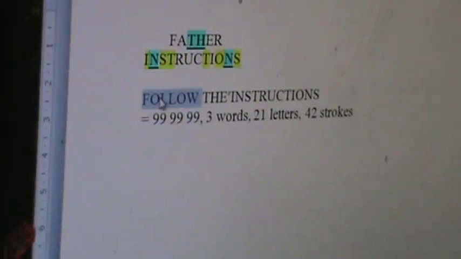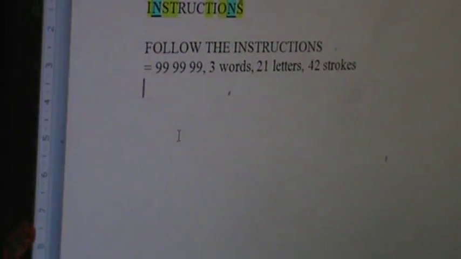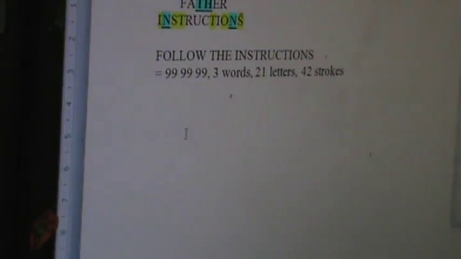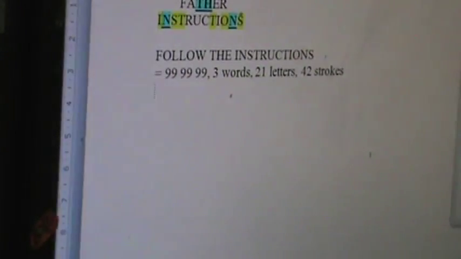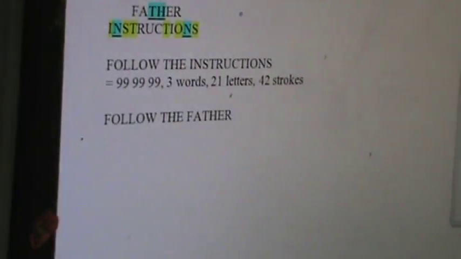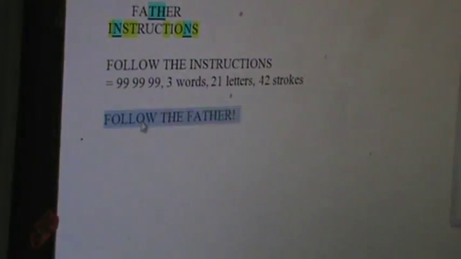So what else should you do? Follow the Father. Jesus said, I am the way, the truth, and the life. No one comes to the Father except through me. Who is Jesus actually leading us to? When we follow Jesus, what are we actually doing? Jesus told us. He said, you're following me to the Father. Follow, therefore you say, follow the Father. That's it. That's the answer. Done. Beautiful. Follow the Father.